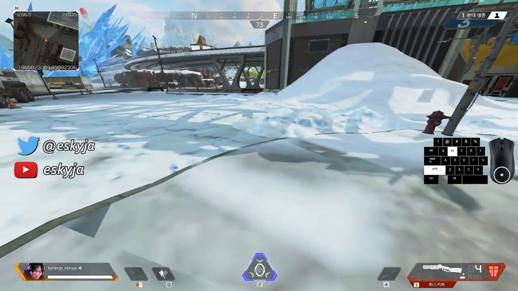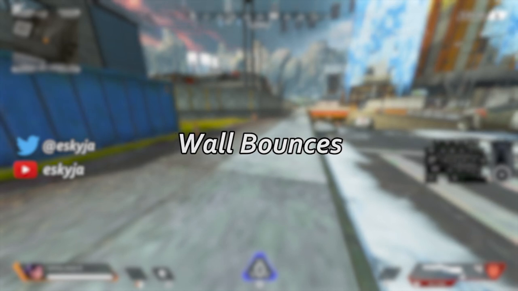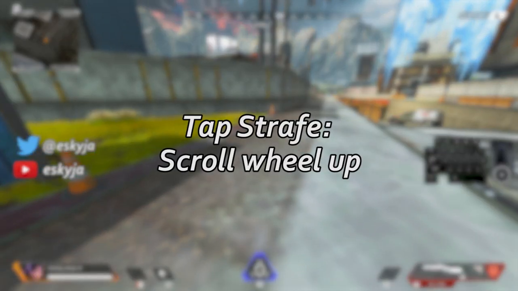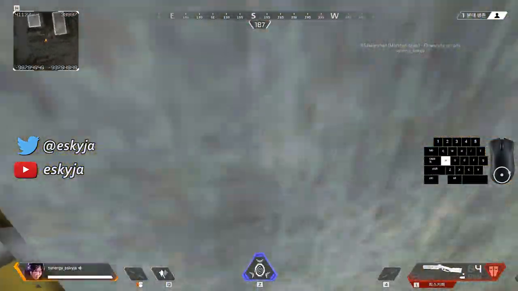Alright, the first thing we'll be covering is wall bounces. This is going to be your bread and butter, most basic movement tech out there in my opinion. Real quick, if you don't know, I have my jump bound to scroll wheel down. So if you ever see me scroll wheeling down, I'm basically jumping, and then my tap strafe is scroll wheel up. You basically just want to run up to the wall, slide jump, look at the wall, and then jump